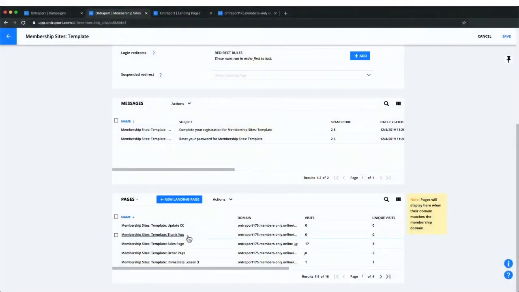So here's what happens. When you go in here and create a new membership site, we automatically create for you 3 system-generated pages and 2 system-generated emails. And we manage the process automatically. So what are the pages that we create for you? Well, they are